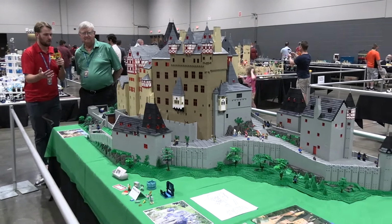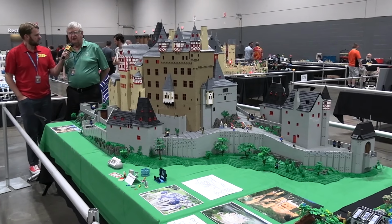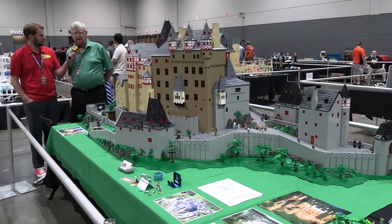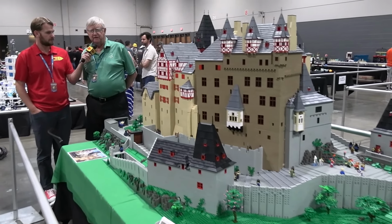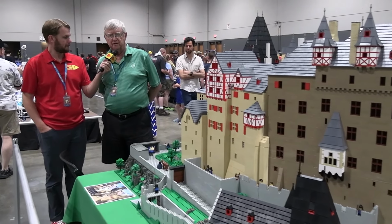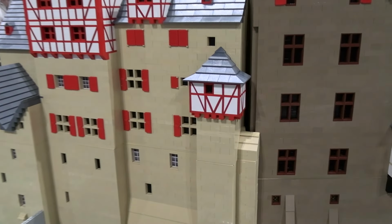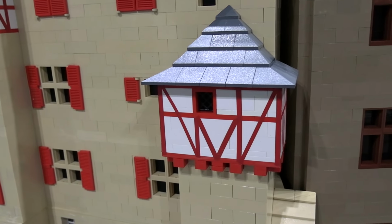So when tackling a large scale castle project like this, what's the planning process like? Where do you start with that? Well, interestingly enough, I originally designed it about 20 years ago with the idea that I would do the entire castle, which included not only a bit of the river loop, but also the curtain wall and turrets that surround